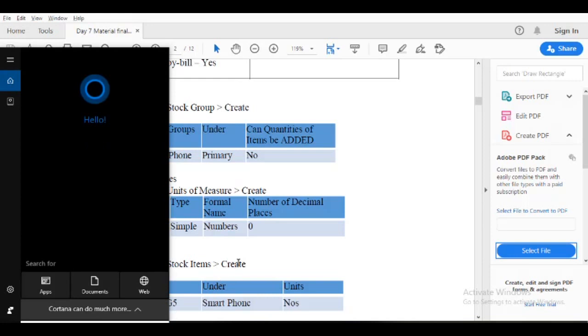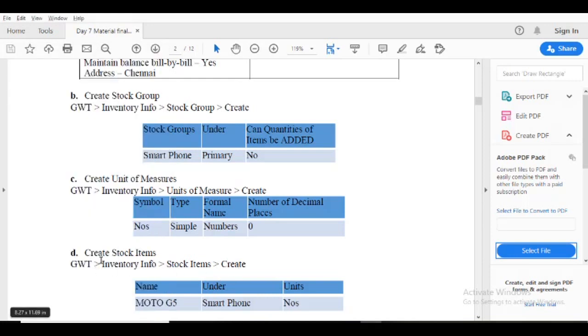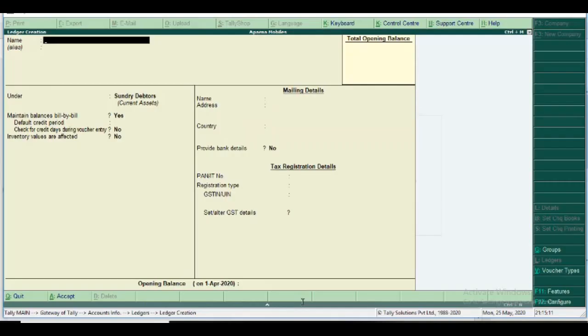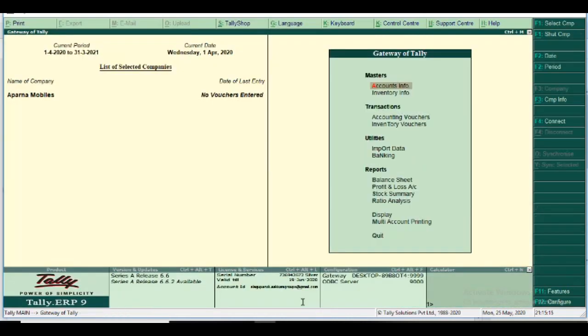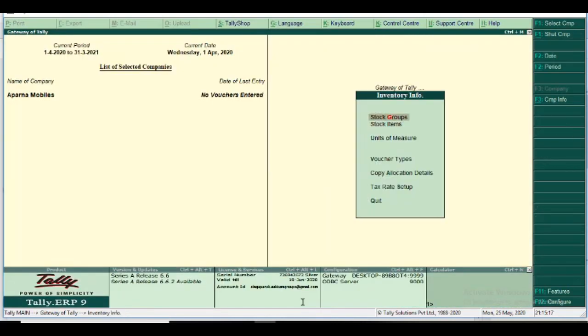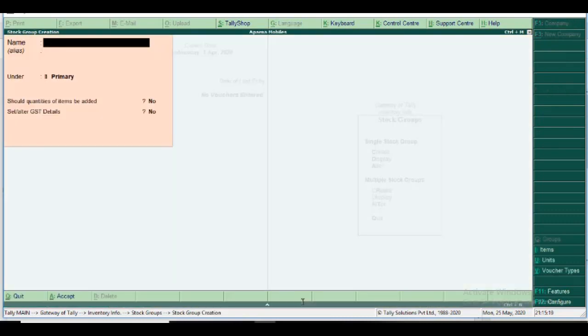And then create the stock item name as Moto G5 under smartphone, unit as numbers. Okay, is it easy? So I move to inventory info, first create the stock group, single create, name as smartphone, under primary.